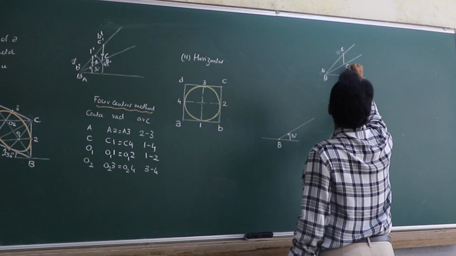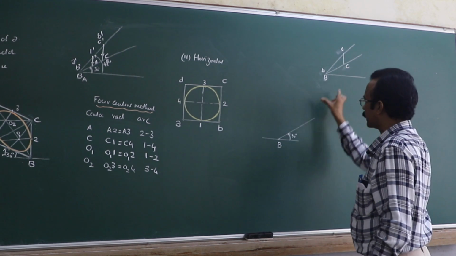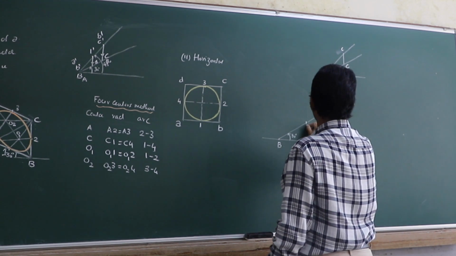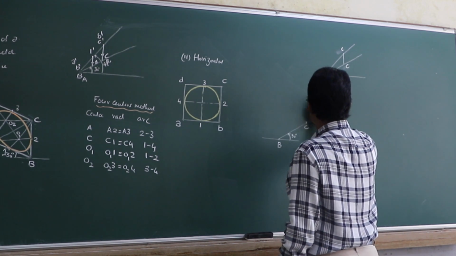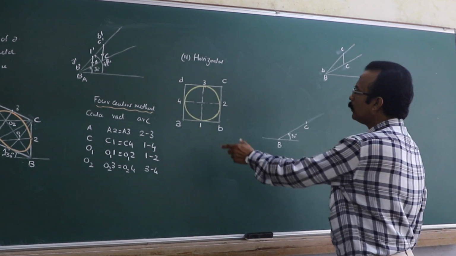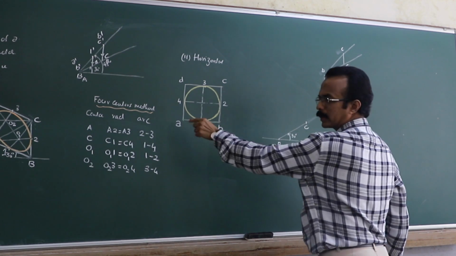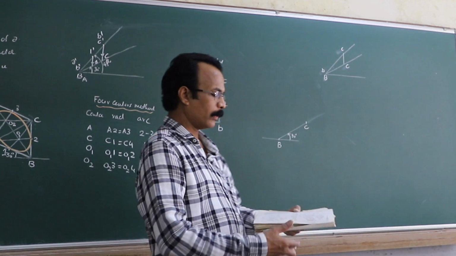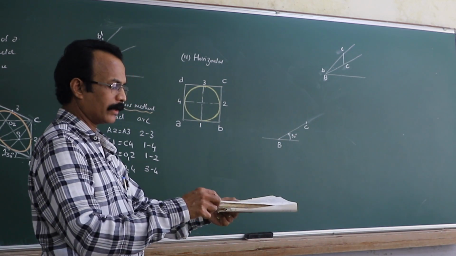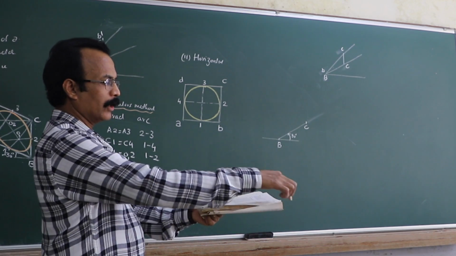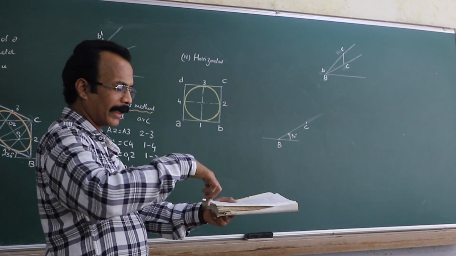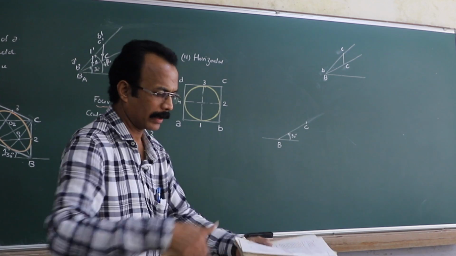B and C. So take this length BC and mark it here, and whatever extra is there, remove it. Now you take this line AB, right? So this is also a horizontal line. As you can observe here, this is your A, B, C, D. So BC is horizontal and AB is also horizontal there.